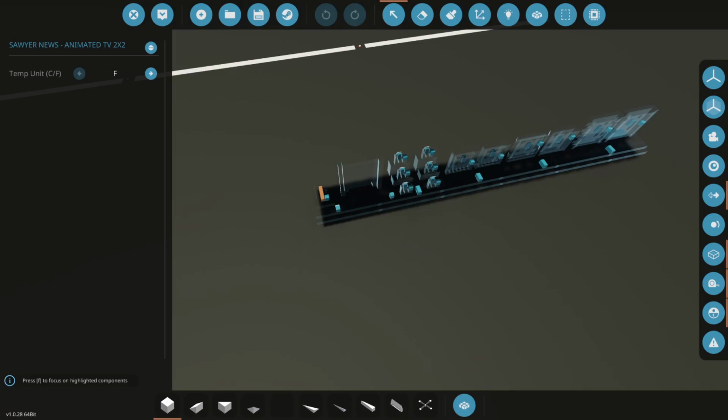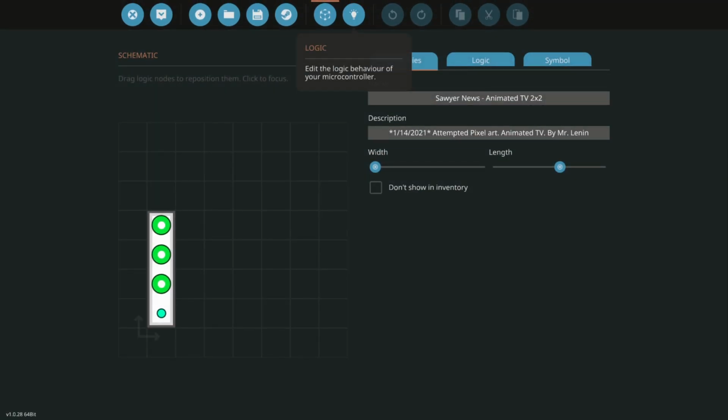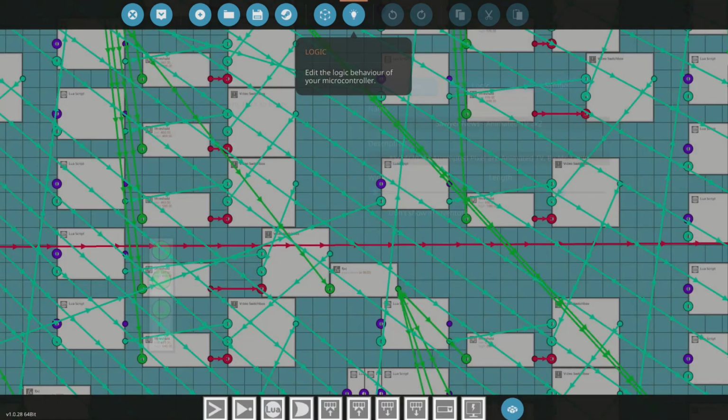Oh, cool. You can actually change the temp unit to Fahrenheit because I guess it reports the actual weather. That is cool. All right, let's jump in here really quick and see what we have here. We have the time that you've put in, a rain sensor, a temperature sensor, and of course the screen going out. All right, let's jump into the...